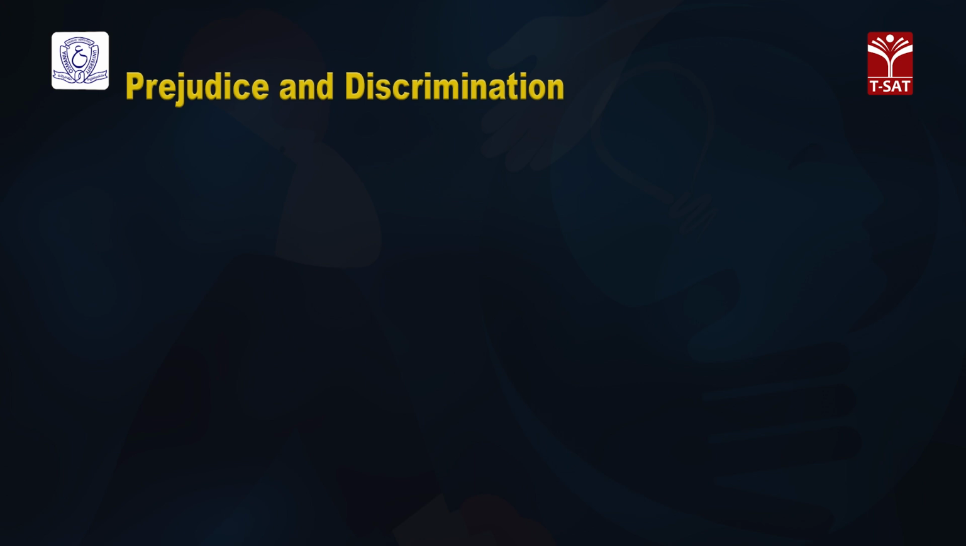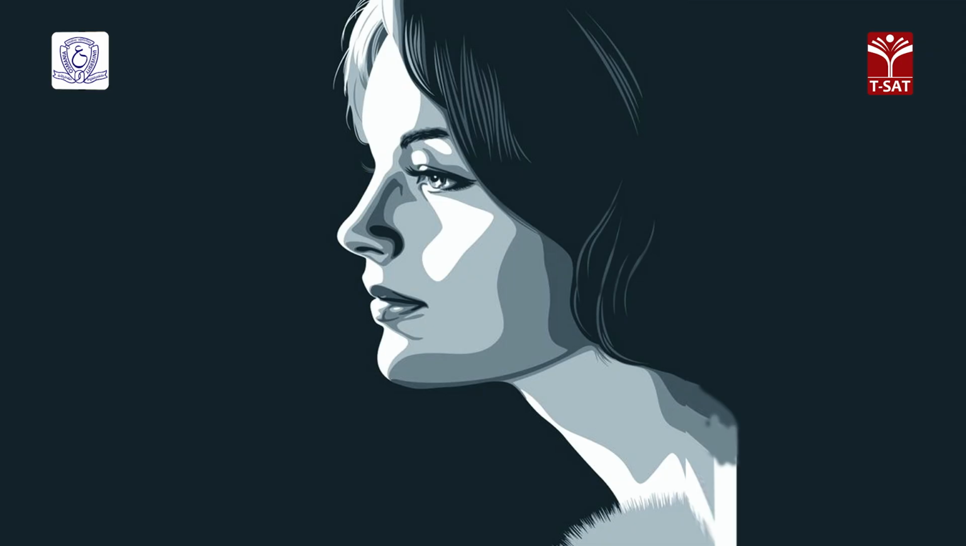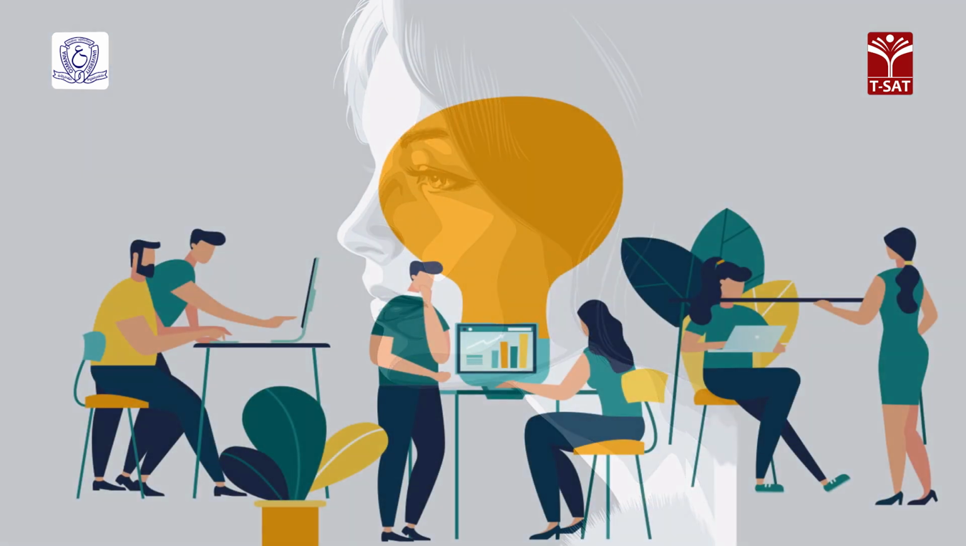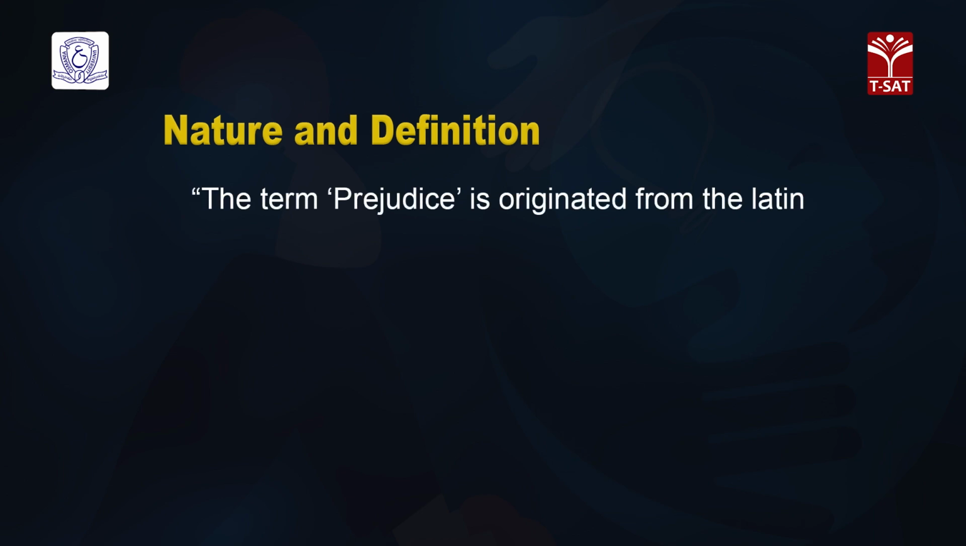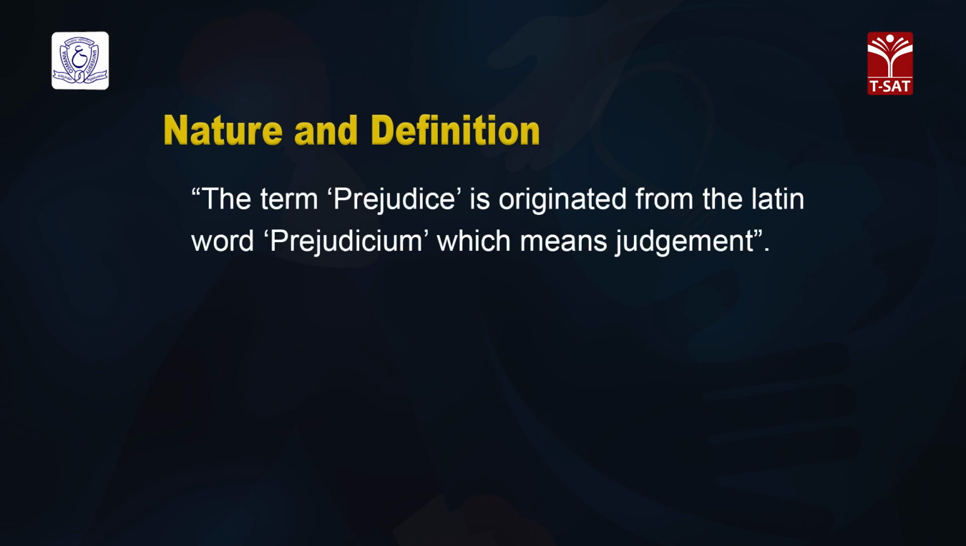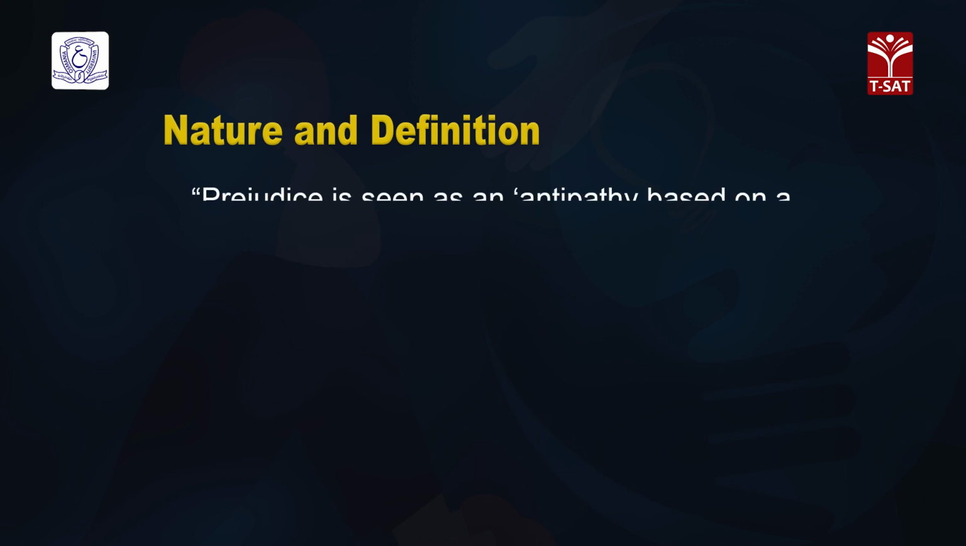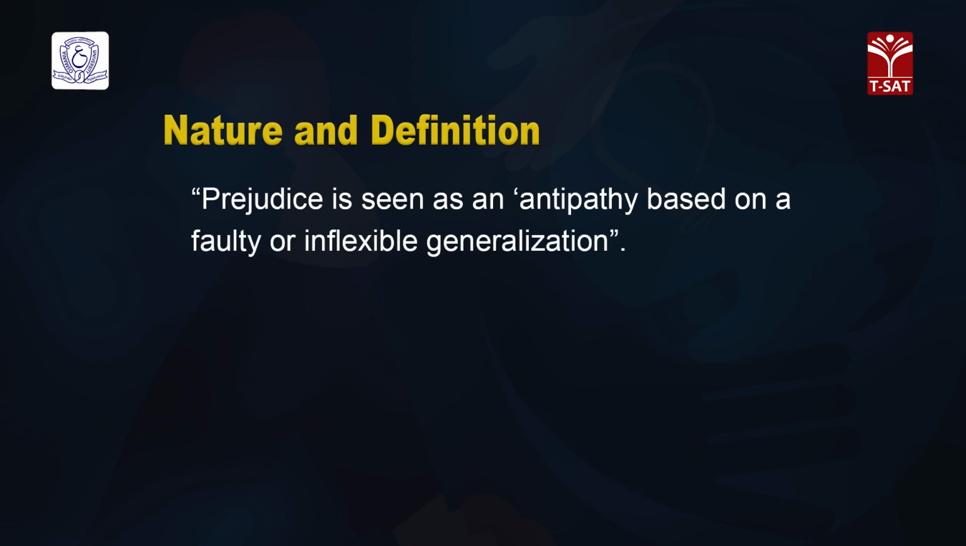Now coming to the nature and definition of prejudice. Prejudice is a negative emotional response based on a group membership. The term prejudice originated from the Latin word prejudicium, which means judgment. And according to Allport, in the year 1954, he says prejudice is seen as an antipathy based on a faulty